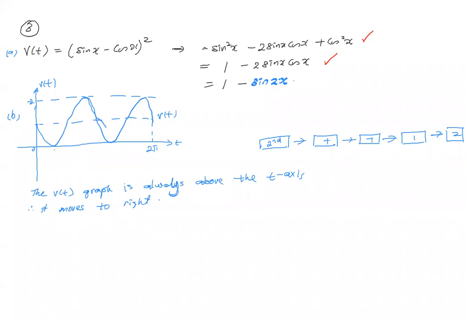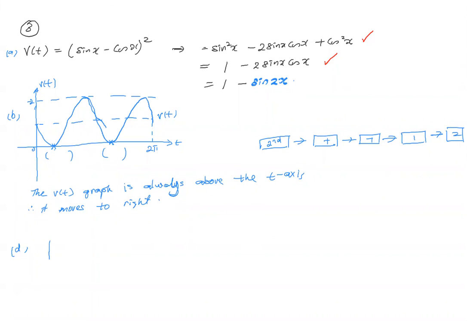Then they say, state the time when the object is momentarily at rest within the 2 pi. So you have to state this one and this one. You get it from the graph, you get 2 marks. Understand? Find the exact total distance traveled for the first pi by 6. So they want exact. So if they want exact for part D,